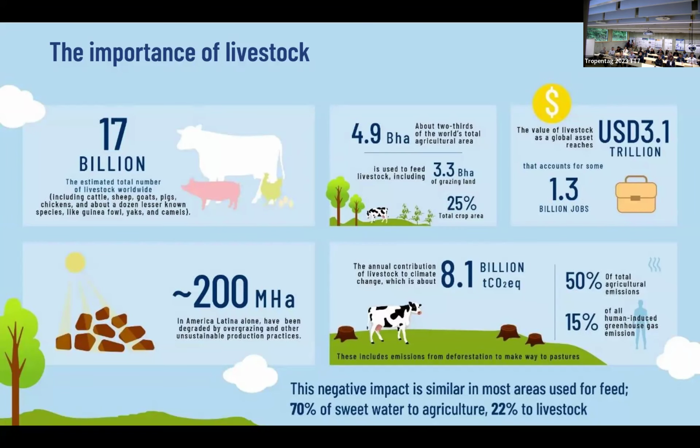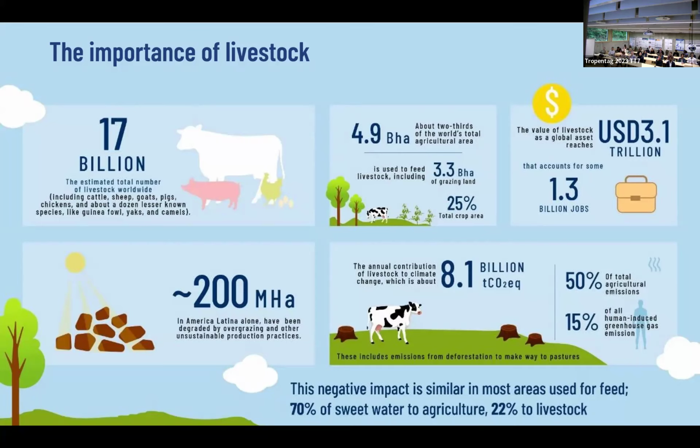So in order to show the importance of livestock to the audience that is quite diverse, we know that livestock is an important economic activity. It's very important for people, not only in terms of the economic value, but also because of its cultural value and its nutritional value. There are 17 billion heads of livestock in the world globally, from cattle all the way to poultry. And it's also the largest land user in agriculture. About 1/3 of the land in agriculture is pasture or grassland.